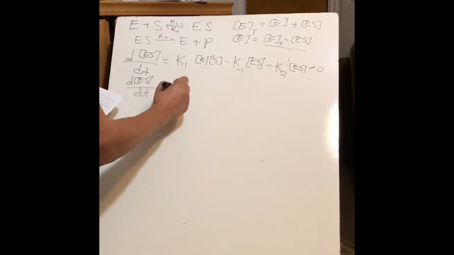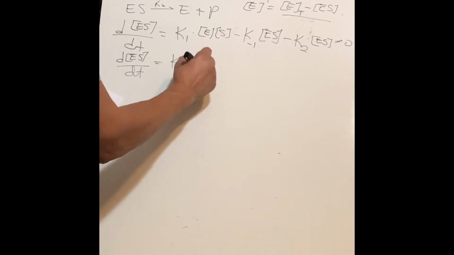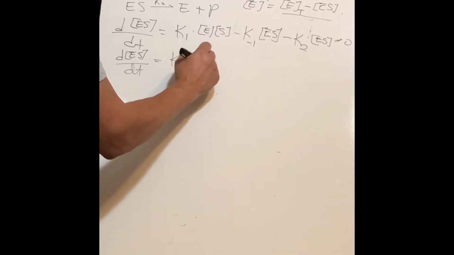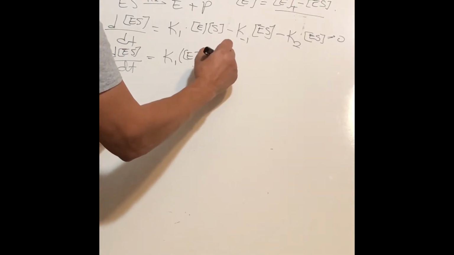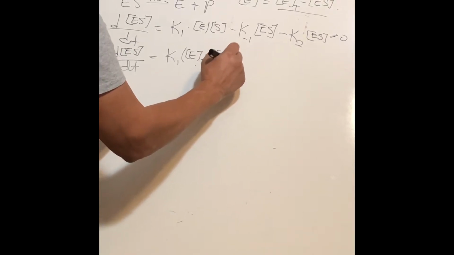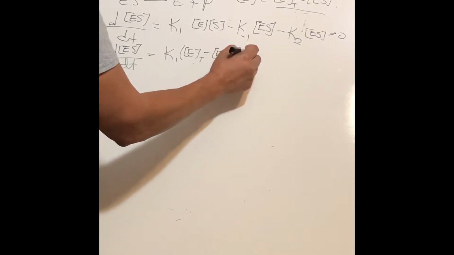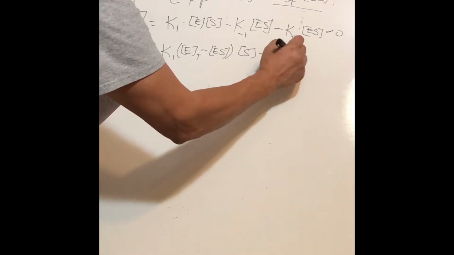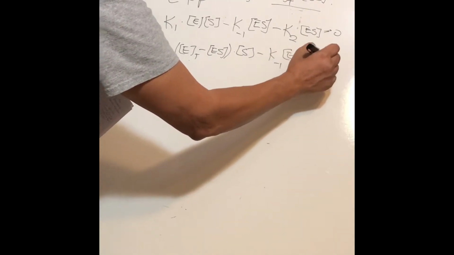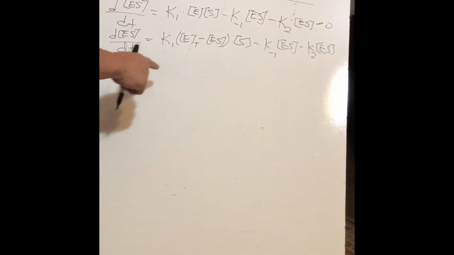0 equals K1 times the total enzyme concentration minus the concentration of the enzyme substrate complex, times the concentration of the substrate, minus K negative 1 times ES minus K2 times ES. So we're multiplying this out. We're going to get